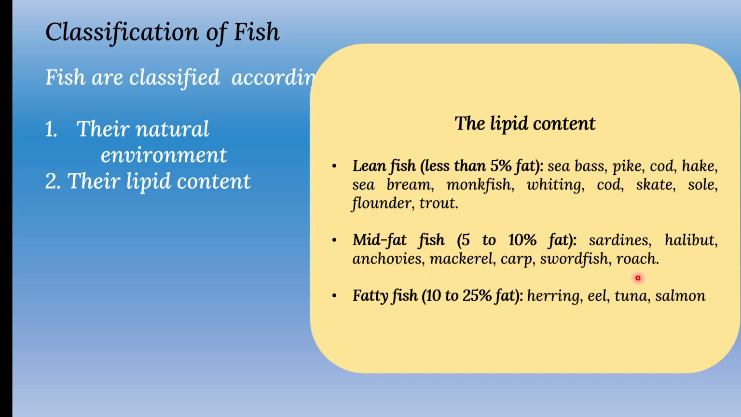In the beginning of the slides, if you remember, we gave the composition. There we mentioned fat content is 1 to 13% on average. And here you can see those oily fish or fatty fish, they have a very high content of fat in their body, that is 10 to 25%. Examples are also there in front of you. So this is another way to classify the fish depending on the lipid content. And another one,